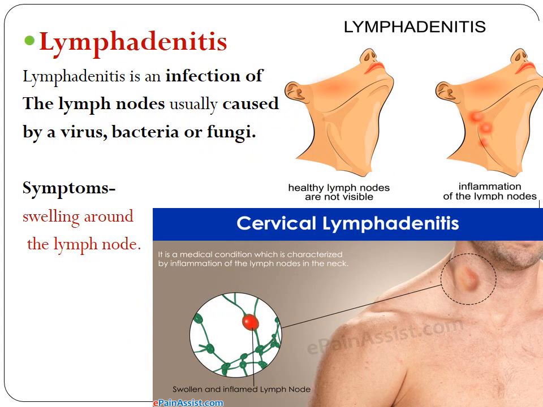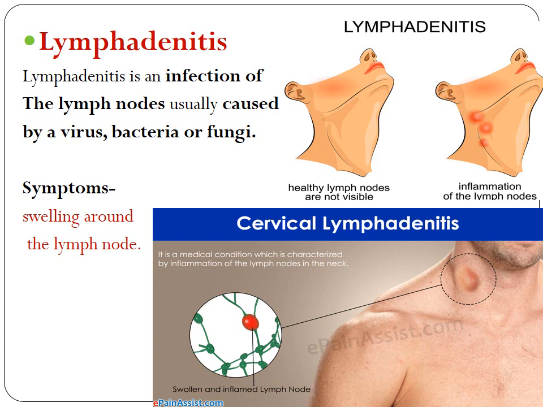Now lymphadenitis, coming to the topic for today, is infection of the lymph nodes, which is usually caused by microorganisms like bacteria, viruses, or fungi. The symptoms include swelling around the lymph nodes. This is what you see in the picture here. When we mention the neck area, you can see the lymph nodes, and I'm sure you would have noticed this when anybody has had any sort of infection. There is some kind of swelling of the lymph nodes. When you touch it or feel it, you can see there is some kind of a bulge. It also can appear in the groin area, and sometimes this can become very painful to touch as well. So this indicates there's an infection, and that is why this kind of swelling occurs.